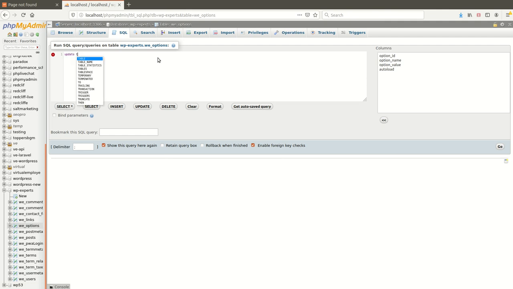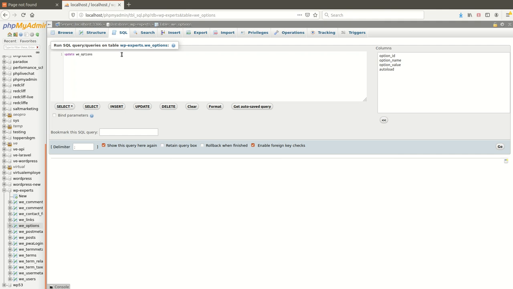Update, then the table name, which means wp_options. Maybe you are using wp_, but I have used the table prefix we_ here. So you need to use the same table prefix here.